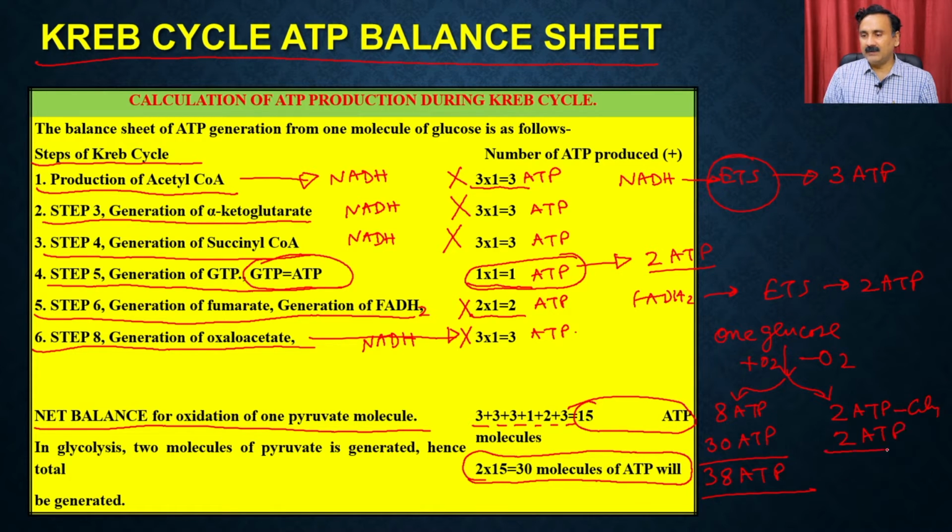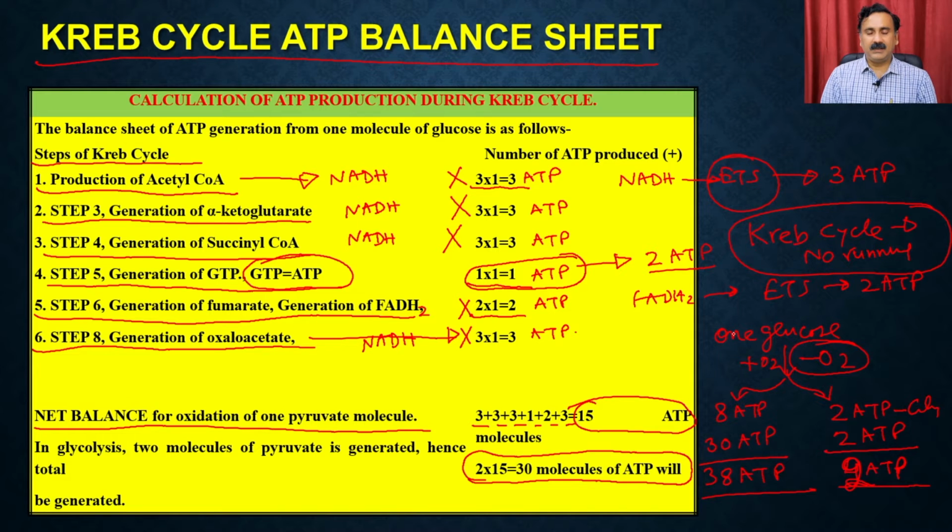So that's why if there is no O2 present, then it is only going to give you 4 ATP molecules. In fact, if oxygen is not present, that is going to make the Krebs cycle non-operational, because there will be no oxygen, so there will be no running of the Krebs cycle, and because of that it's only going to utilize glycolysis. So there will be only 2 ATP produced if there is no oxygen present. That's why the amount of oxygen is going to decide how the cells modulate their